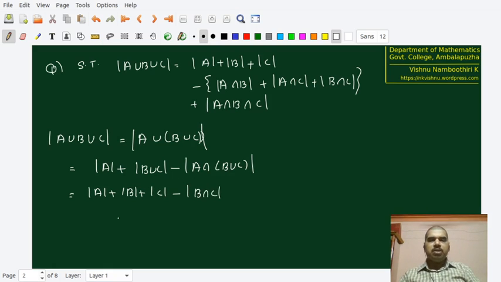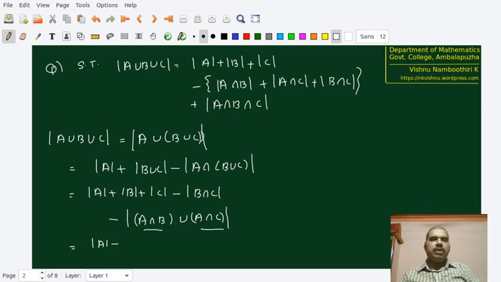What about this part? Minus, we are continuing. A intersection B union C. Now we cannot handle A intersection B union C exactly like that, so we will make a split. This is nothing but A intersection B union A intersection C. Now, again we have two sets. A intersection B is one set and A intersection C is another set. So we are going to apply the same procedure as in the previous case.